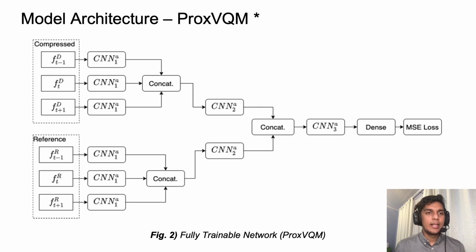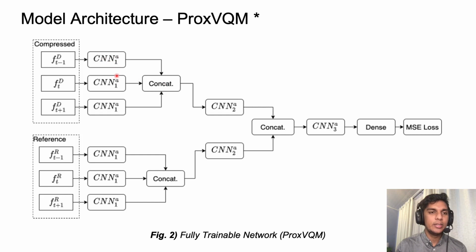Now we're going to look at the model architecture for the ProxVQM network. This is the fully trainable network. Starting from the left, we have two branches, one branch for the compressed input and one branch for the reference input. Each branch has 3 inputs, which corresponds to this 3-frame sequence for each of the compressed and reference video. Each frame is individually processed to extract spatial features, which are then concatenated with